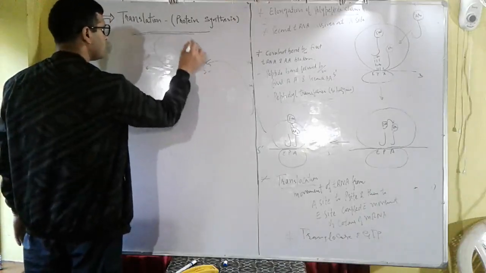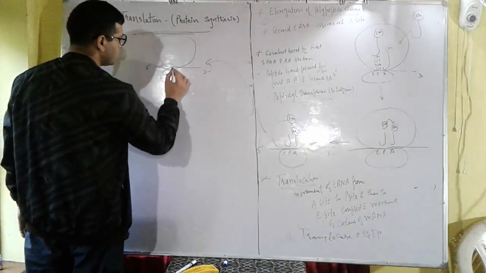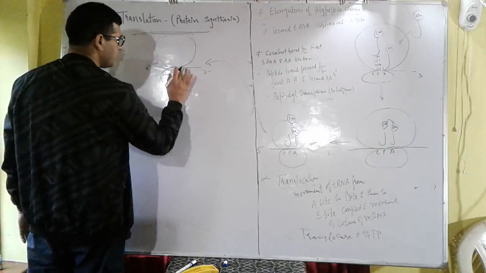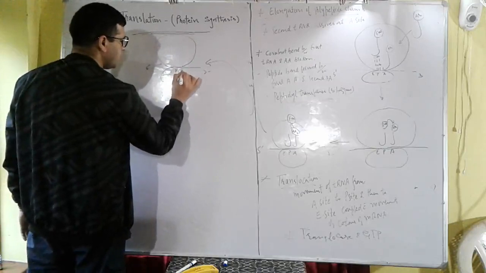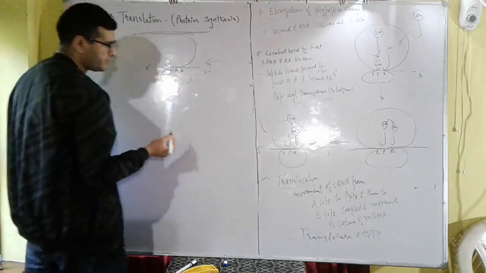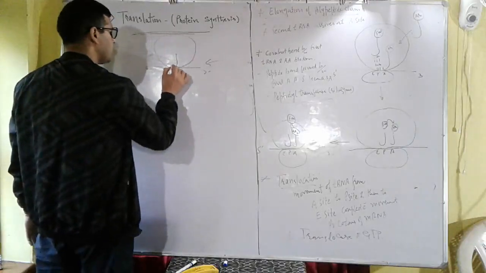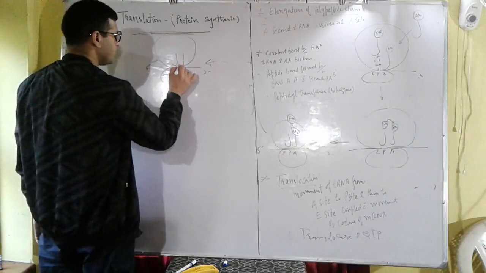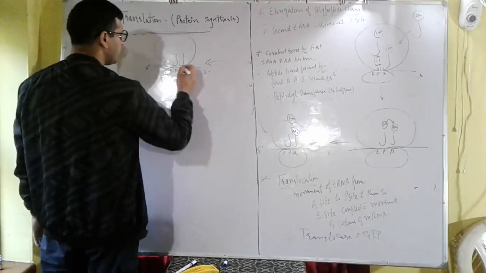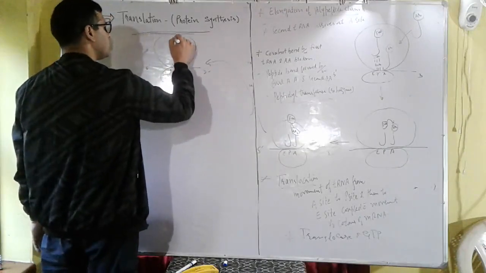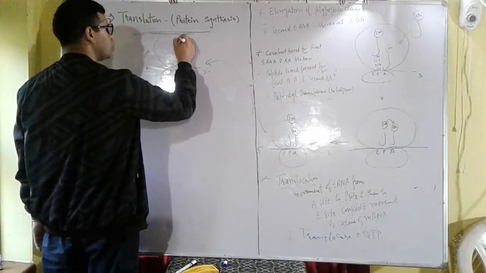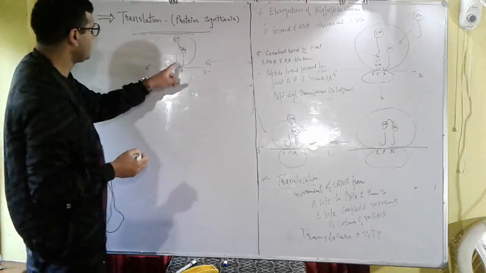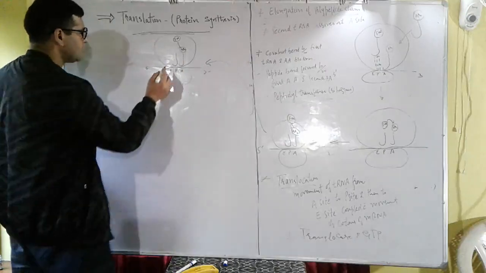We have larger subunit of ribosome, smaller subunit of ribosome. We have PAE site. This tRNA at the A site has 2 amino acids, formyl methionine and amino acid second. Now the tRNA at the P site is shifted to E site,